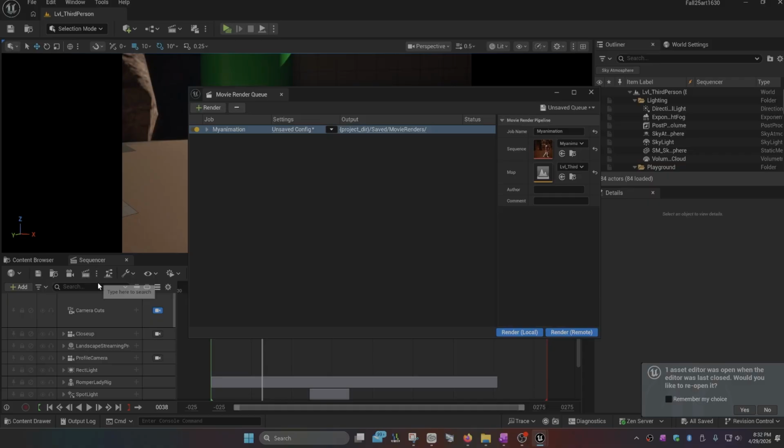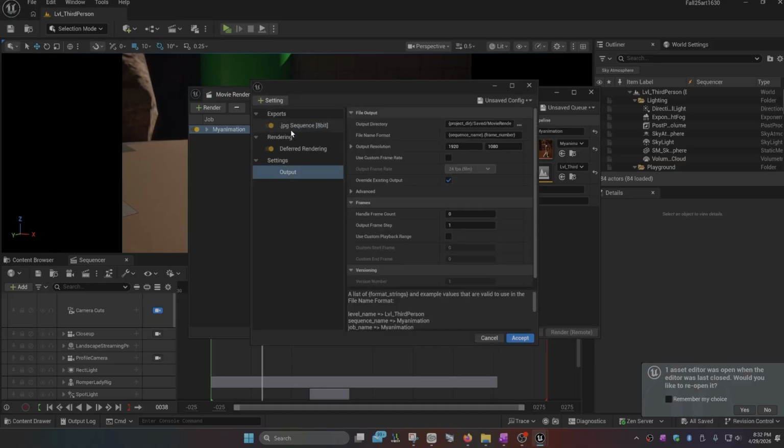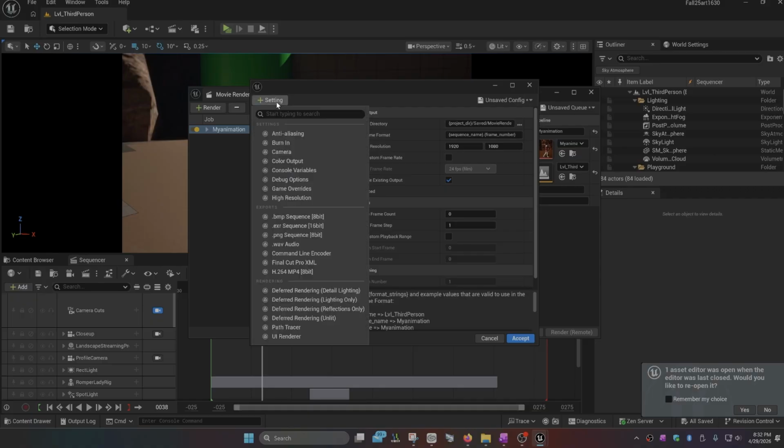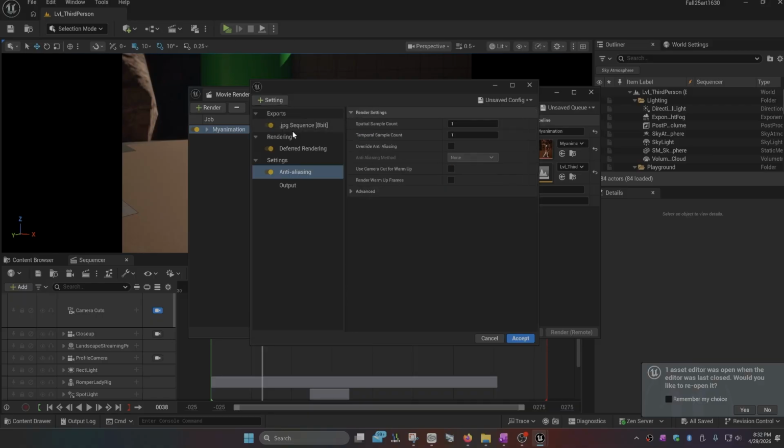So this window will show you unsaved configurations, and this is the one that you need to use. If you click on it, it's under settings. You want to add a new setting, which is your anti-aliasing. The anti-aliasing gets rid of pixelation, basically. You could change your JPEG sequence to be an MP4 if you wanted to. I'm just gonna let it be like this. But what you need to do in here is override anti-aliasing,